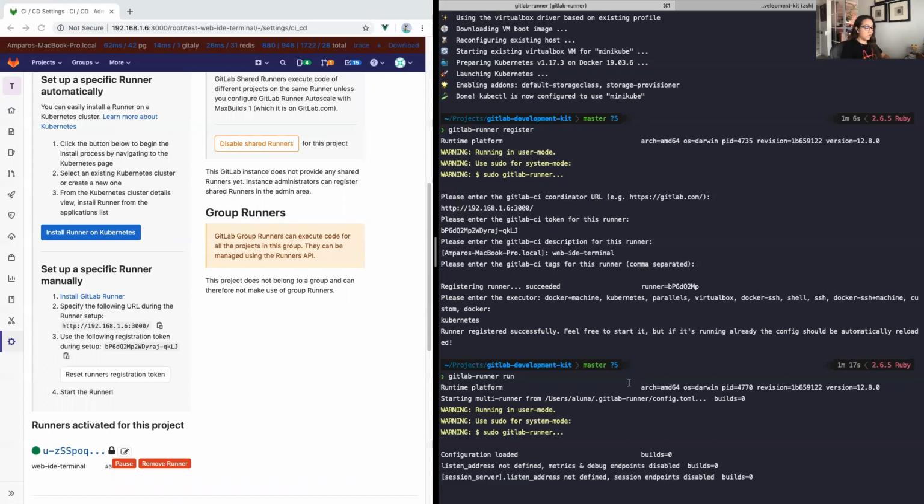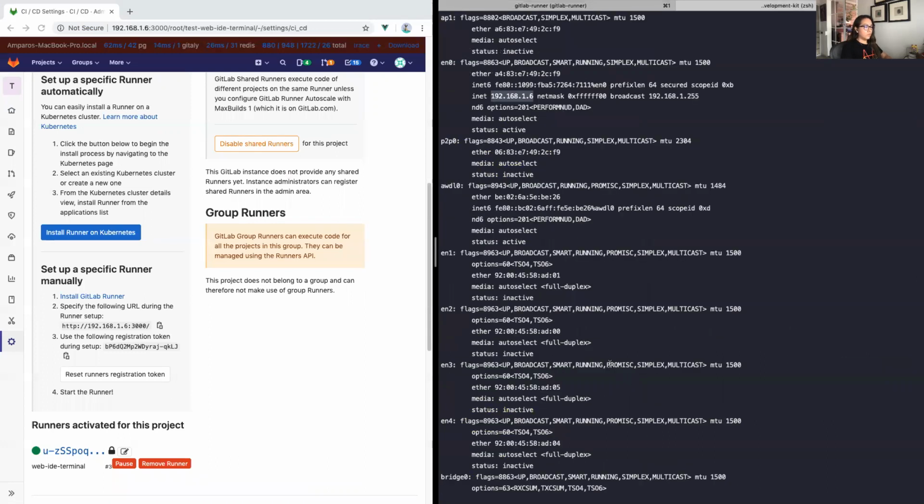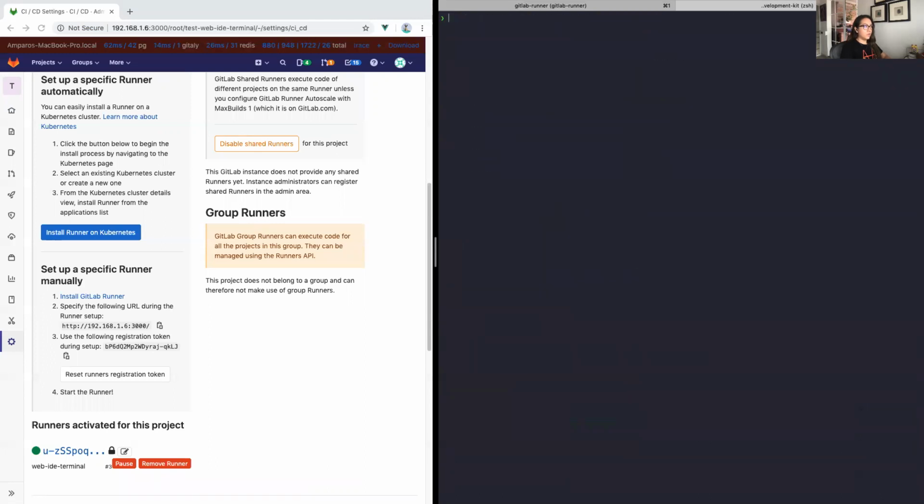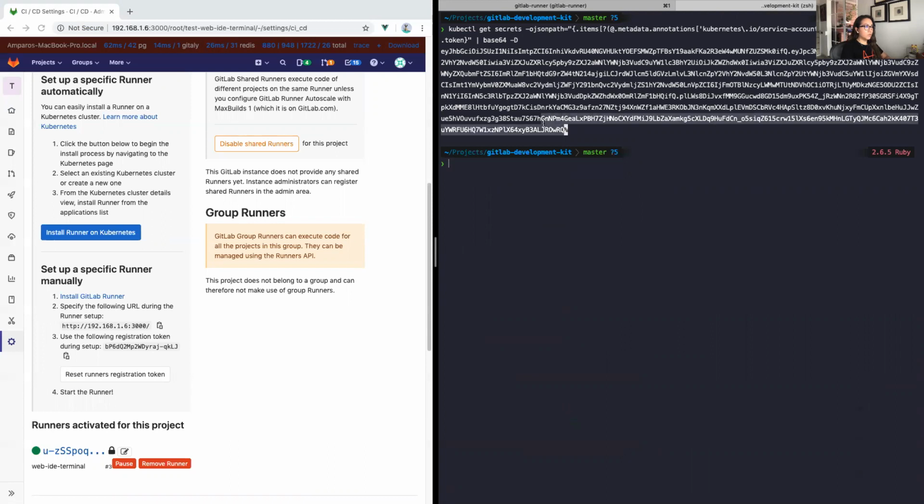We have the runner open here, so I just want to use another session for this, and that's the command. Pretty much just to get the token, and we'll want to copy that bit,